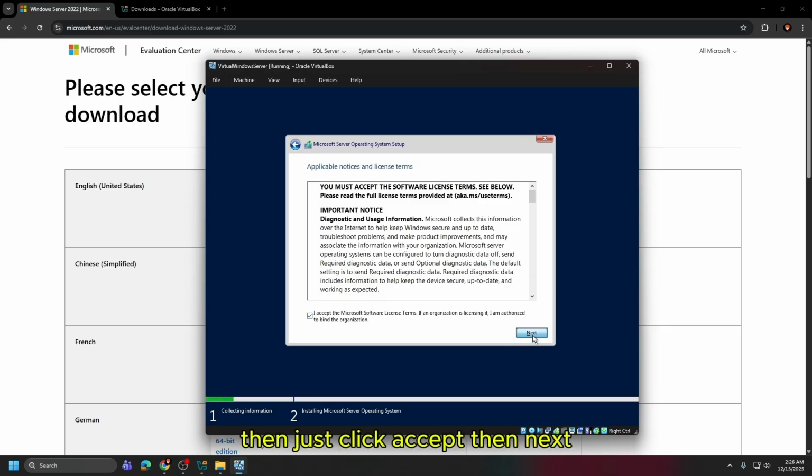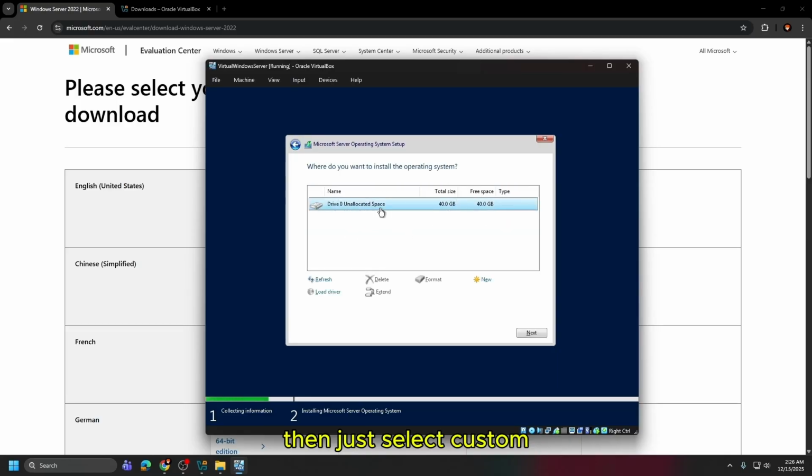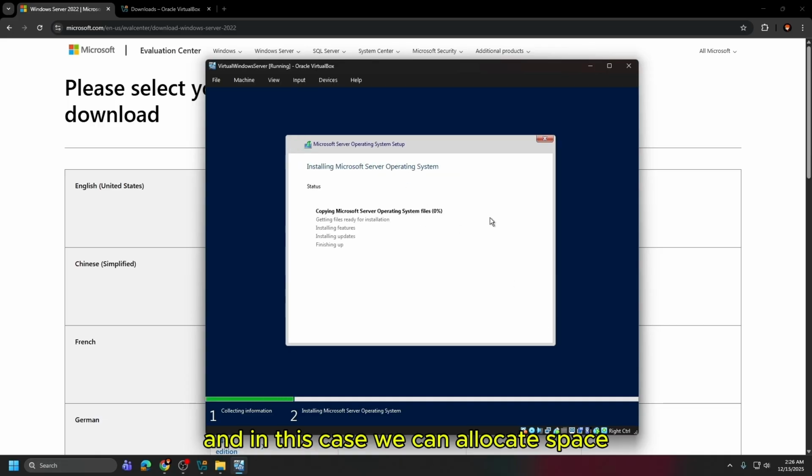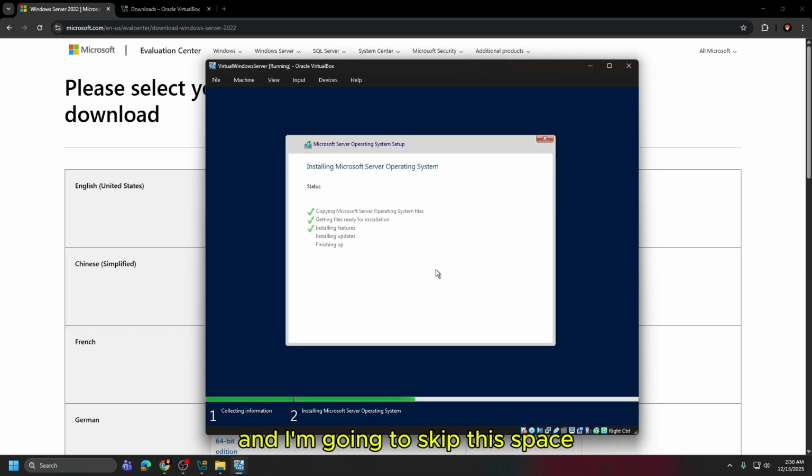Then just click accept, then next, then just select custom. And in this case, we can allocate space. But since we already allocated space in the installation of the virtual machine, we can just select it all. Then just wait for the files to be ready for installation. And I'm going to skip this space.